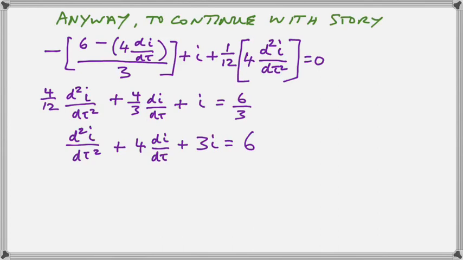The second order linear differential equation has a natural response, which is achieved by replacing the 6 with a 0. The 6 on the right is replaced with a 0, and then we can use a quadratic expression. Remember, x squared plus something x plus something. What happens? We end up with